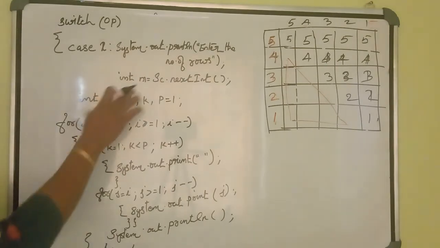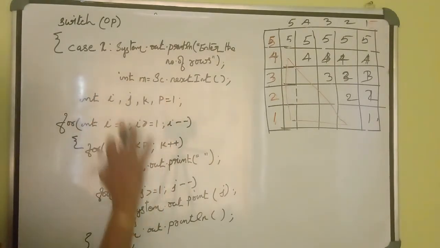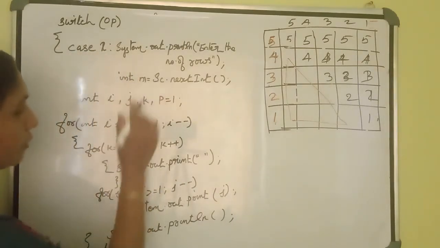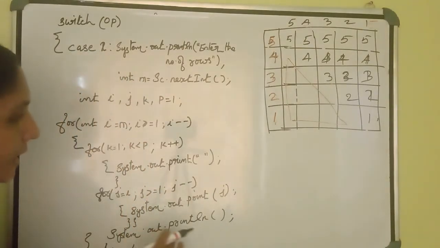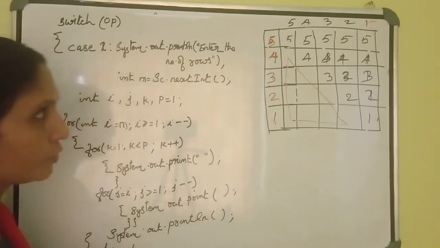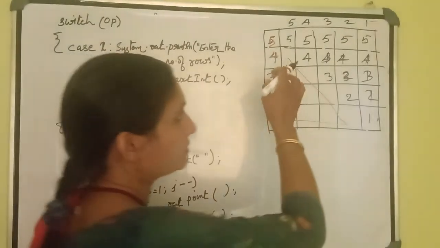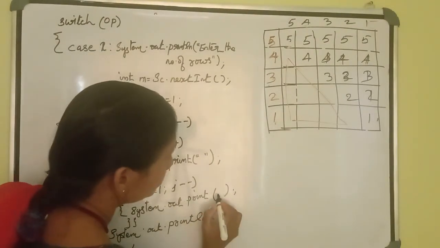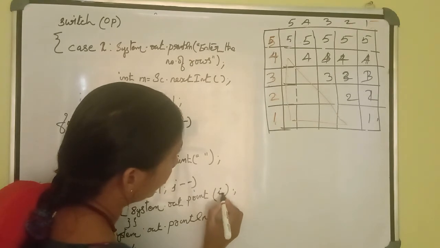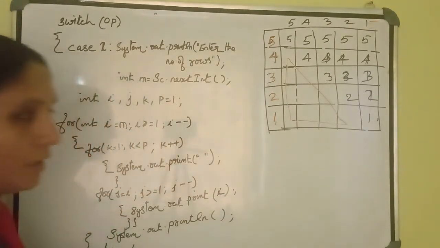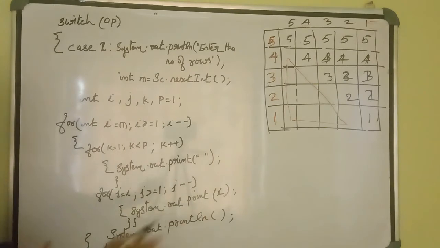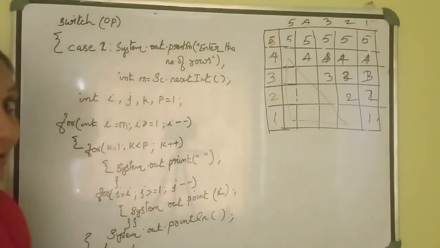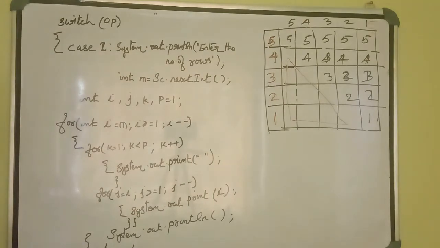For the second case, int m, I use m here. The same type, but the values are different, and instead of n here you can give m. Okay. And which value do we have to print here? For the first row the same value, for the second row the same value, like that way. Then I just change the value of j to i. Have to print the value of i. In each row we will get the same values. If you make a slight change in this one, you will get the program easily. Did you understand this one?